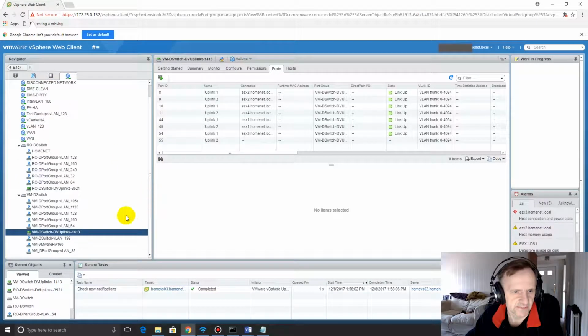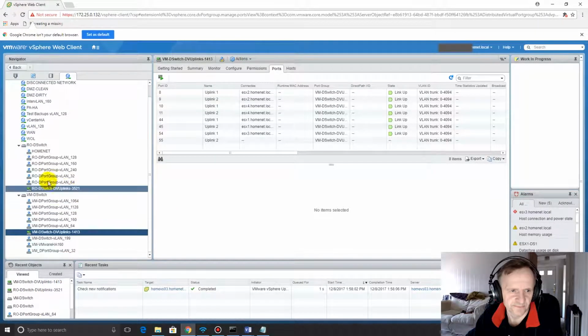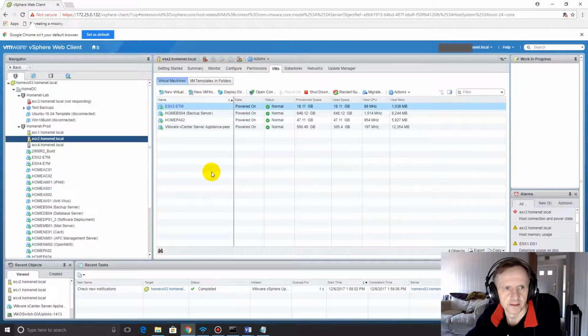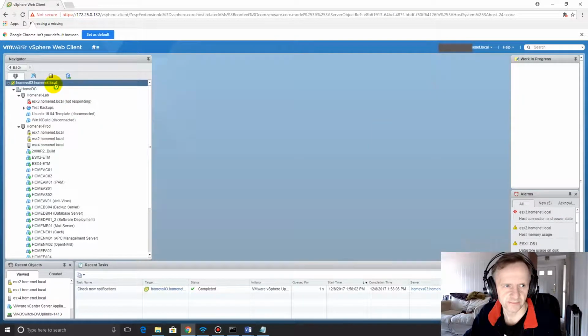So yeah, that's the networking side. I think I'll show in future videos how to set up new VLANs, and hopefully by that time I'd have got rid of this one as well, and we can use the ports for something else. So yeah, that's about my VMware. So I do run them in HA, which